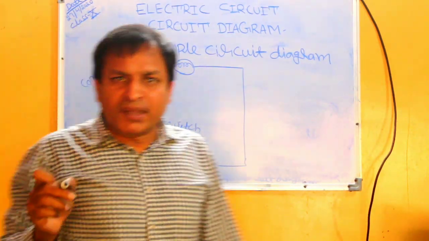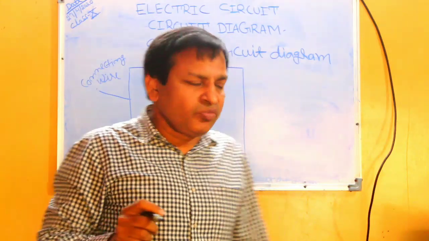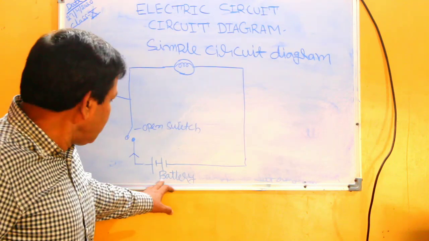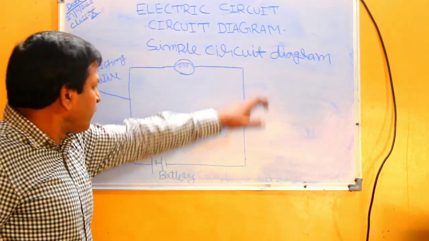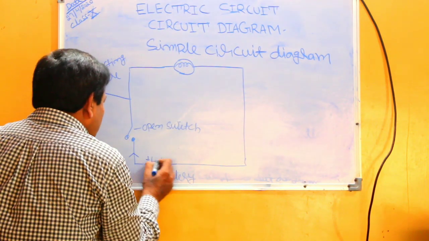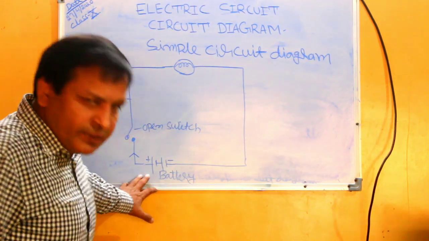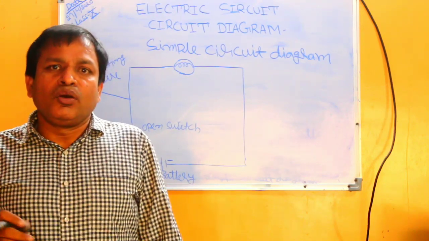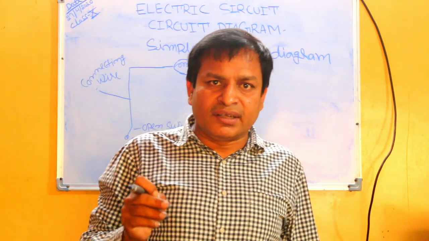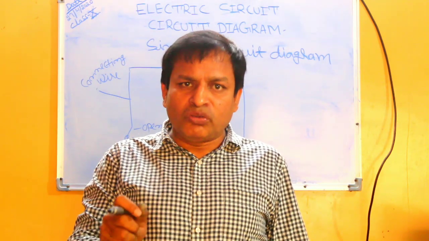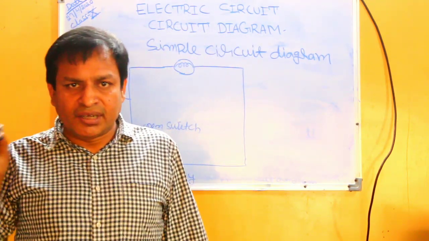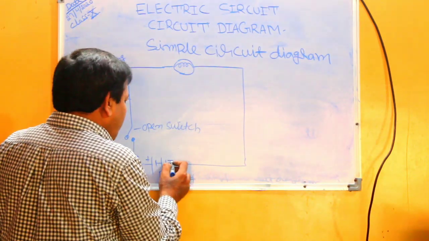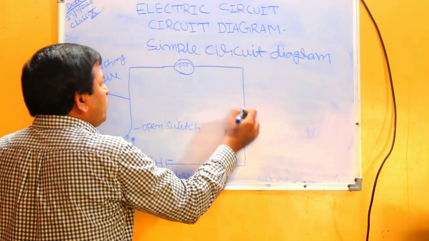The direction of conventional current in an electric circuit is from positive end to negative end. It means from positive to negative terminals through the outer circuit. But when the electron was discovered, we had to change the direction of electric current because electrons constitute electric current in the circuit. So the real direction of electric current is from negative terminal to positive terminal.